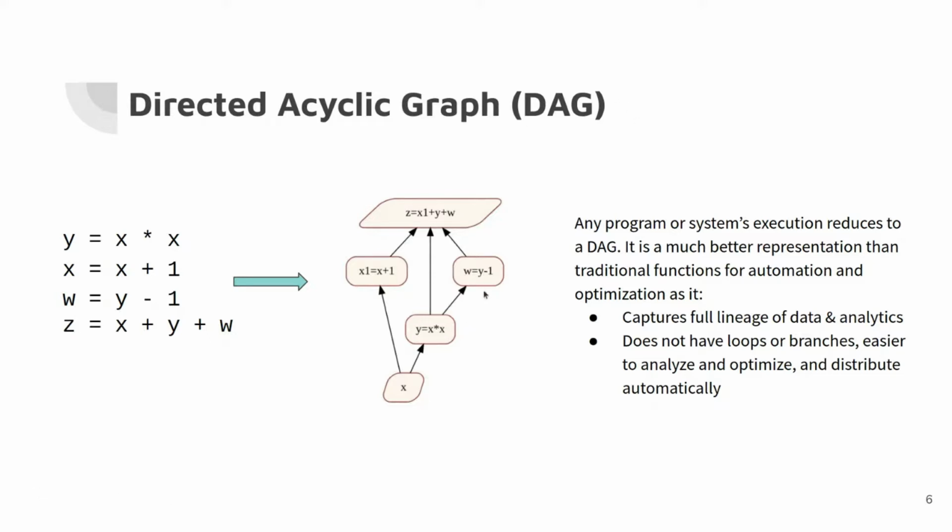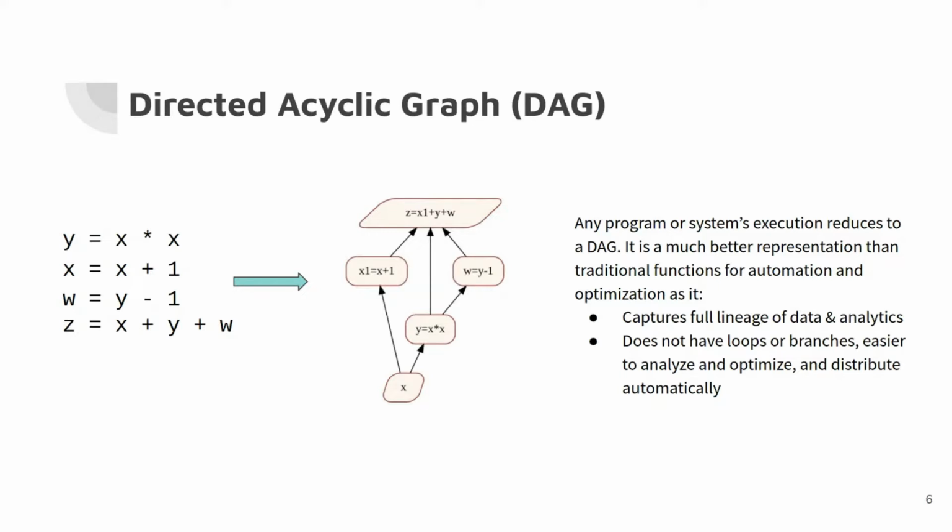Another point is also extremely important: it is acyclic. When the DAG is acyclic, it guarantees that when we execute this DAG, every node is only hit once, because there can be no circles. This is a very useful property compared to traditional programming languages, whose functions are permeated with loops and if conditions. That makes it much easier to infer its runtime behavior, because when you have a loop,